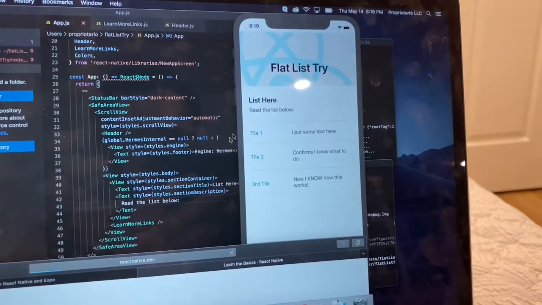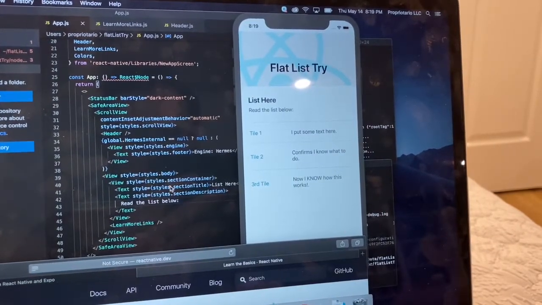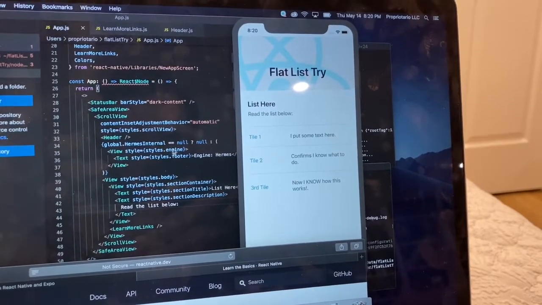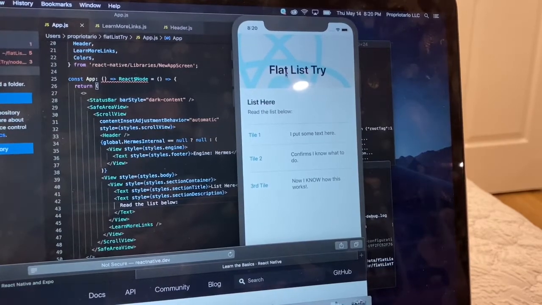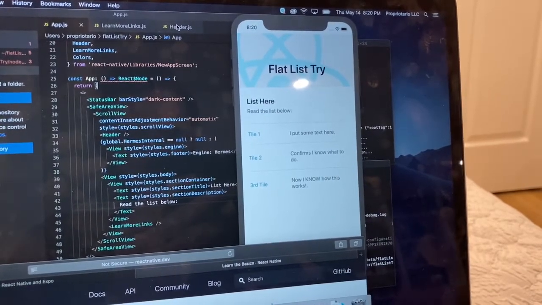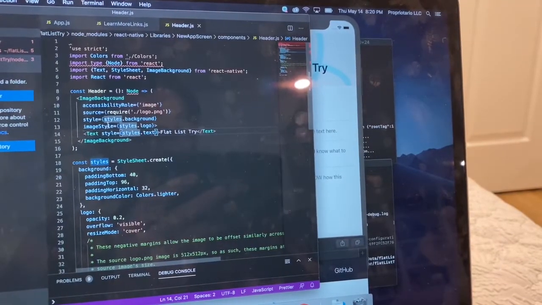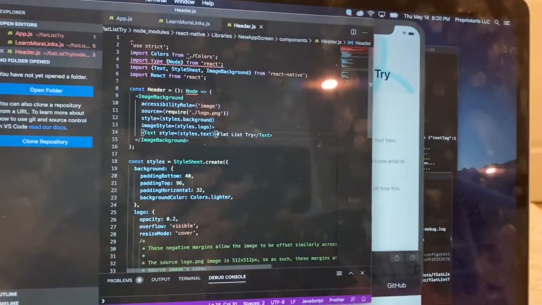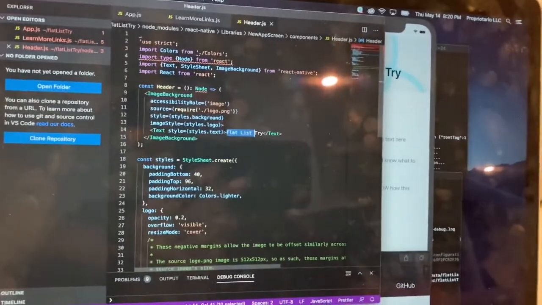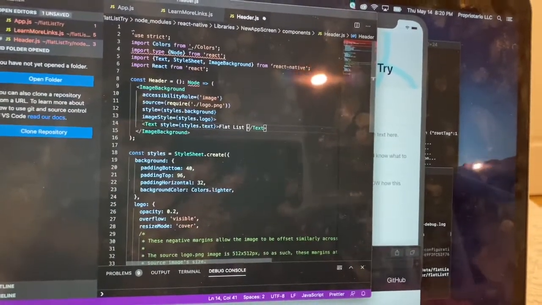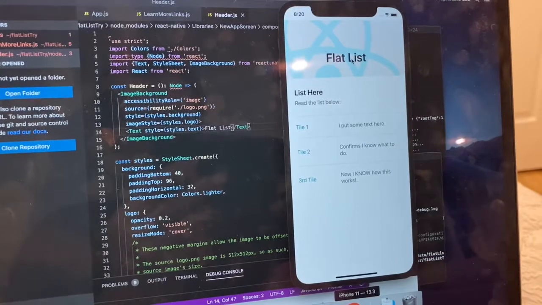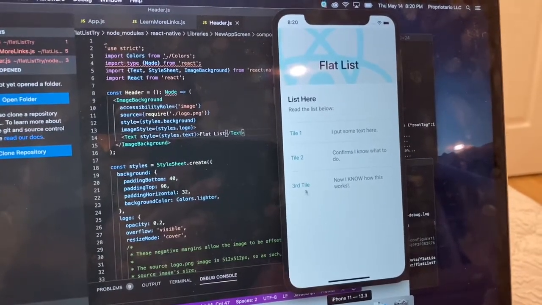So this section right here is this section, and then I have this header, which should be in this file, and then here's the text for it. So I can just change the text here, and then when I save it, it will detect that I've updated it, and it will reload. And then for this example list down here,